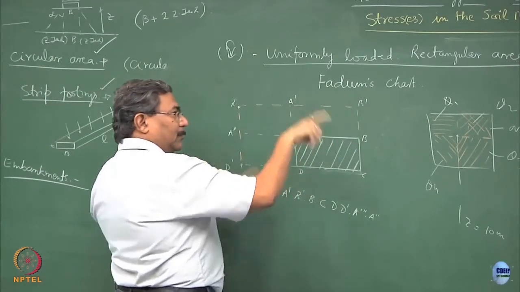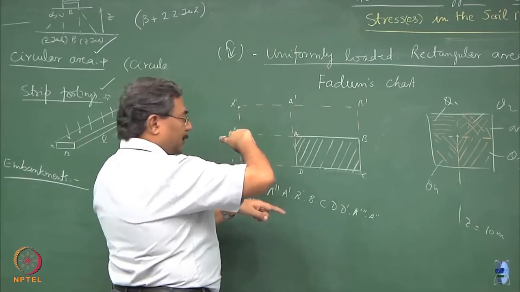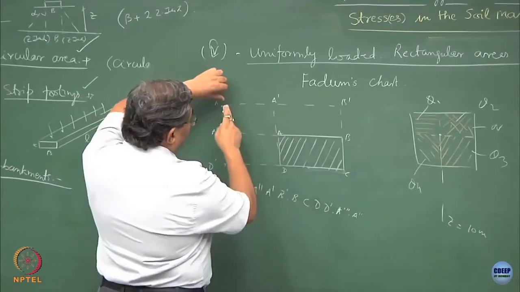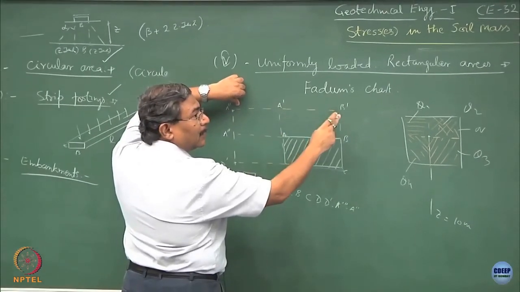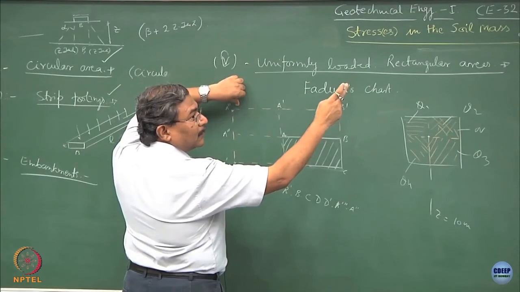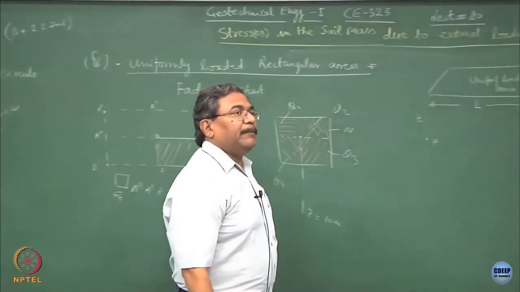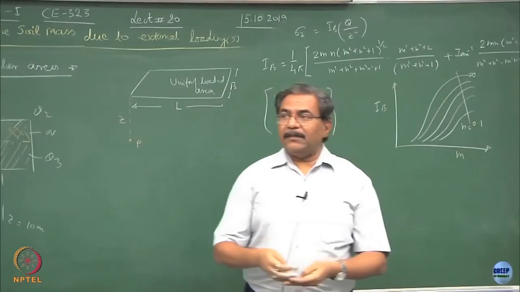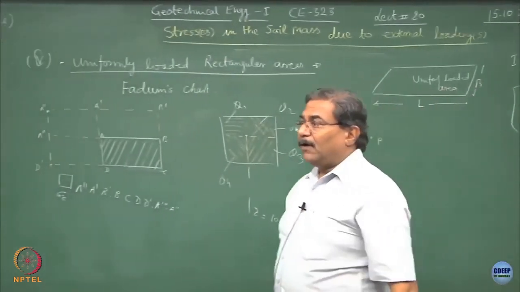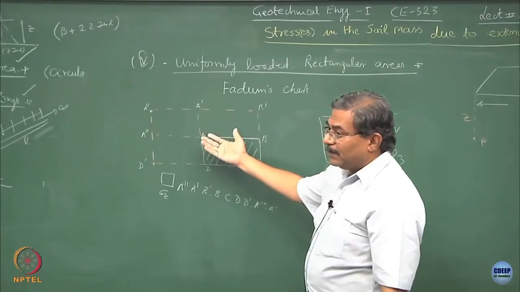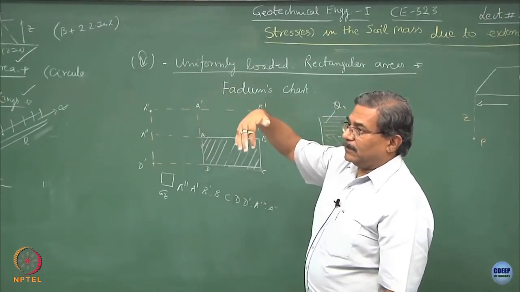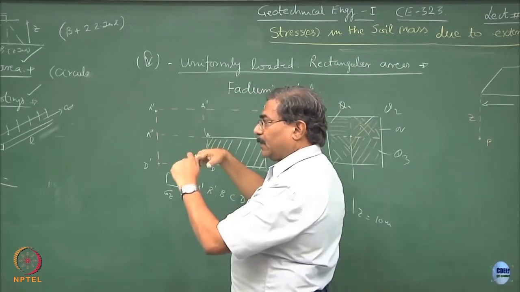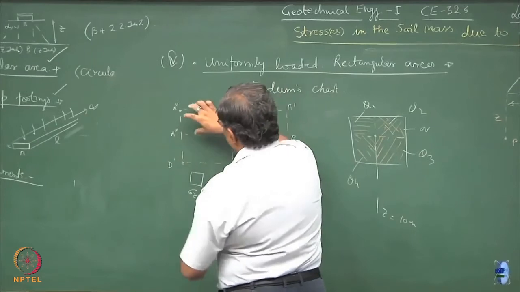Now, how would you use the superimposition principle? You will have to subtract the effect of stress which is coming because of the extended portions, that is it. So, the method of superimposition can be done in 2 ways. Either you club the stresses, make them summed up, or you can use them as a subtraction also. So, this portion is not contributing, and hence I can subtract the stresses which are going to come because of this strip,